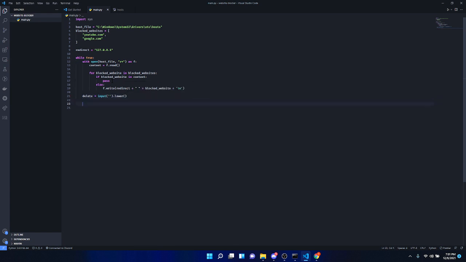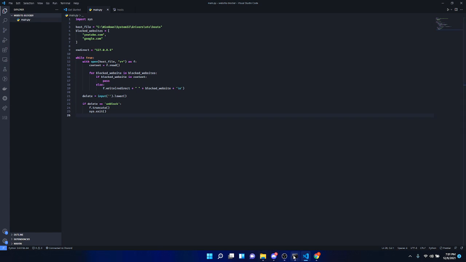If the deletion input is equal to unblock, then we just truncate the file and we quit. That is all you need to do. After doing those steps, you just need to exit the program, and that is how it will work.